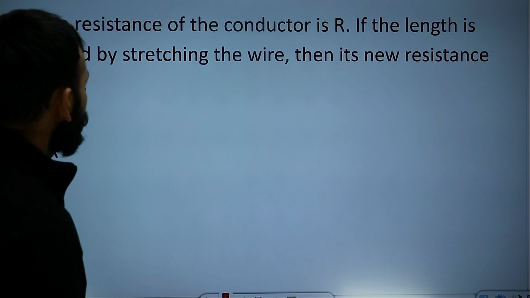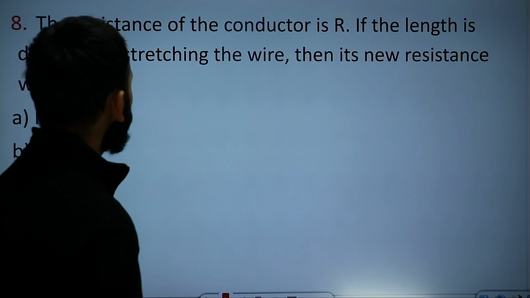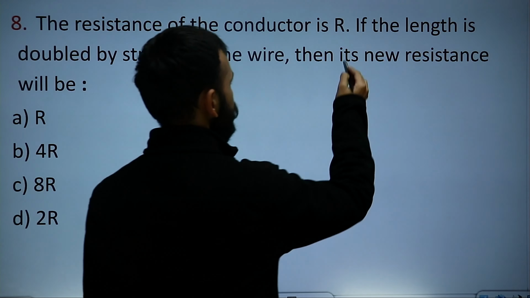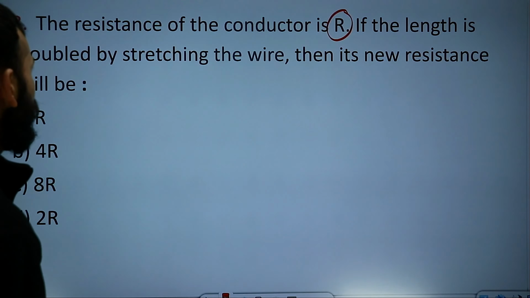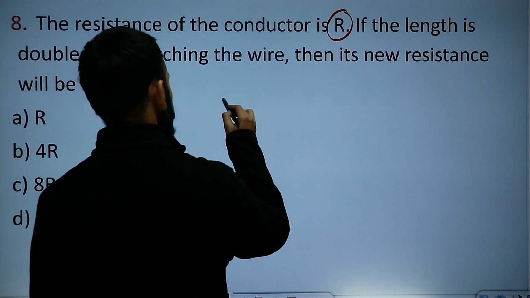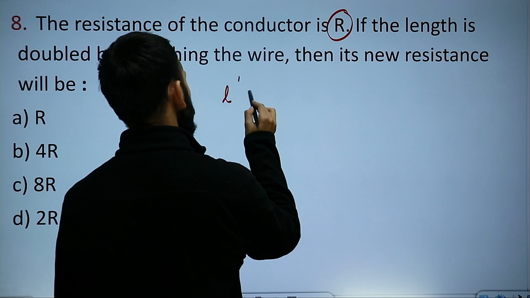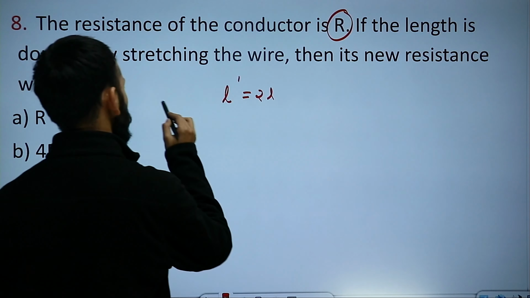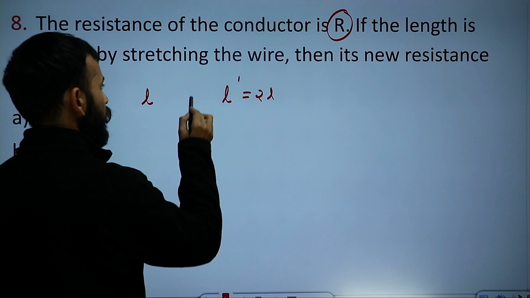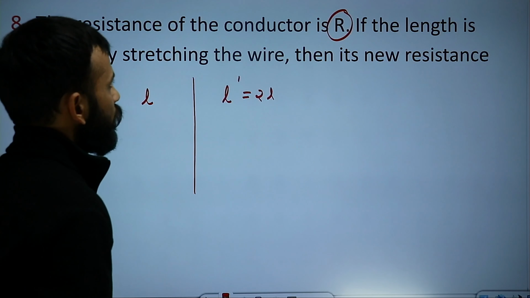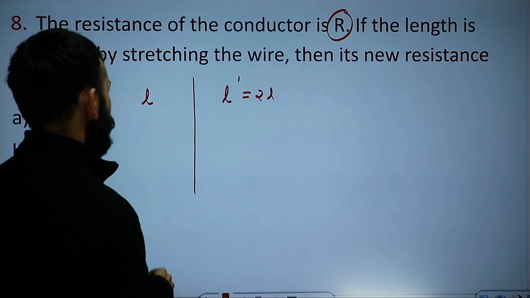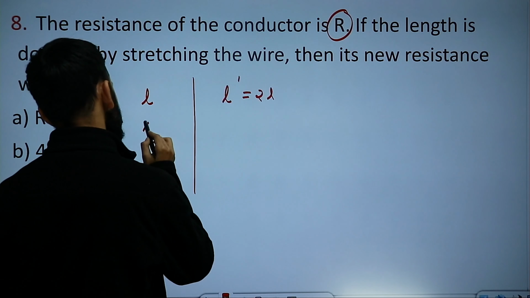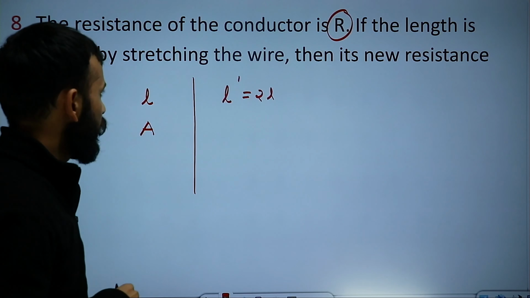Next question is, the resistance of the conductor is R. If the length is doubled by stretching the wire, we already doubled, new length will be 2 times. Let's suppose initial length is L. Now the length is 2L. If we stretch any wire, let's suppose its initial cross-sectional area is A, and we stretch